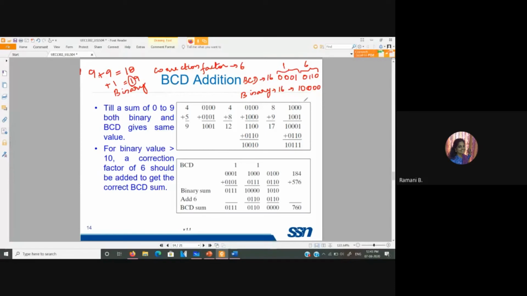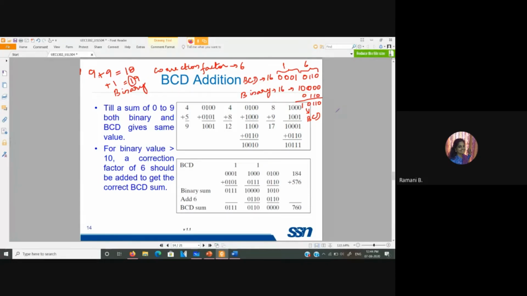Okay. So now adding a 6 to this, we are going to get it in the form of BCD. That is the reason why the correction factor for BCD to get the value correctly is 6.